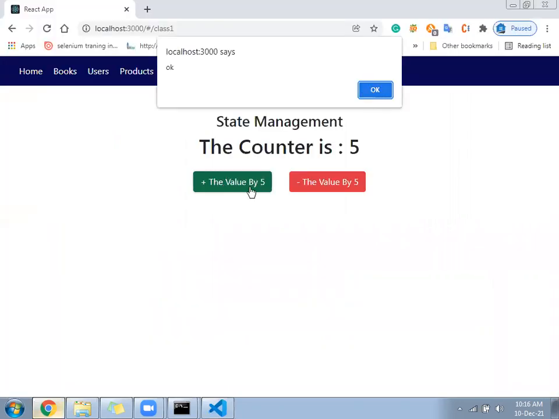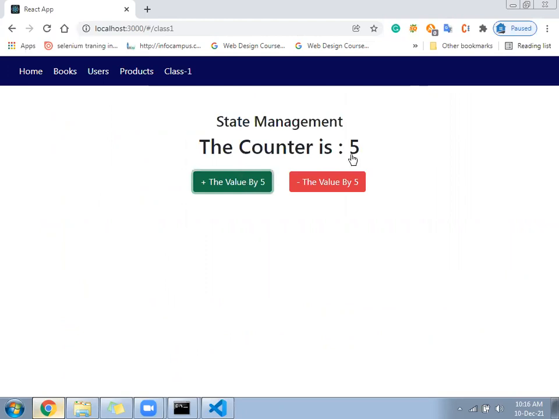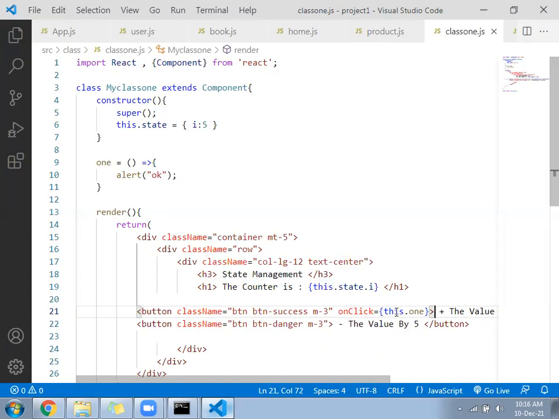As the alert comes, that means your HTML button is linked with the function. So how to call the event? onClick, with the C capital, equal to, within curly brackets this.function name, without the function call symbol.